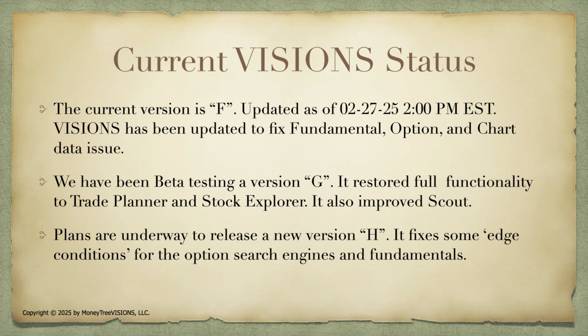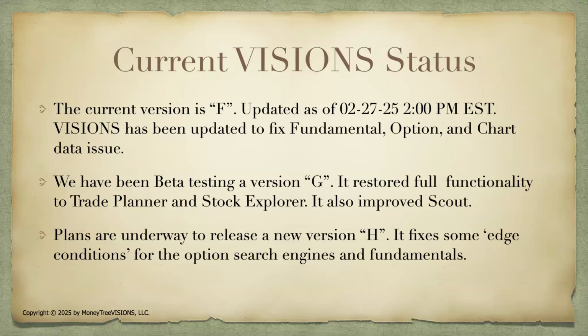We haven't officially released G because people have different versions of it. So what I'm going to do is move to a new version, H, that basically has all of the fixes in it, so that I didn't want everybody to be updating on a continuous basis. I mean, there are some little idiosyncrasies that some people run into. There are ways around it where you just continue, and it either says it's a bad symbol or bad data. But I think I've got all of those things worked out now.